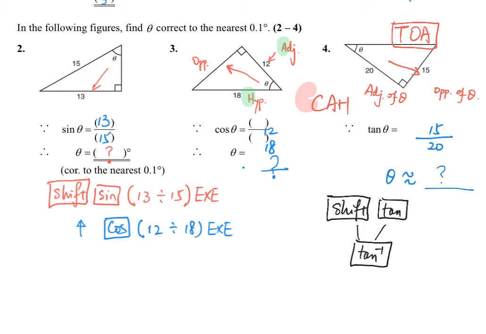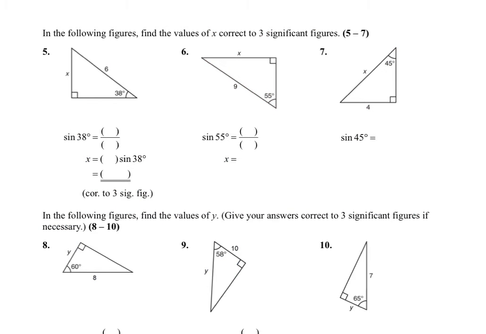So shift tangent, open bracket, 15 divided by 20, close bracket, execute. Then we will get the answer for the degree, for the angle theta. Remember, also write degree for the answer, okay? So that's it. For page 2, question 5, because the question already reminds us we need to use sine 38